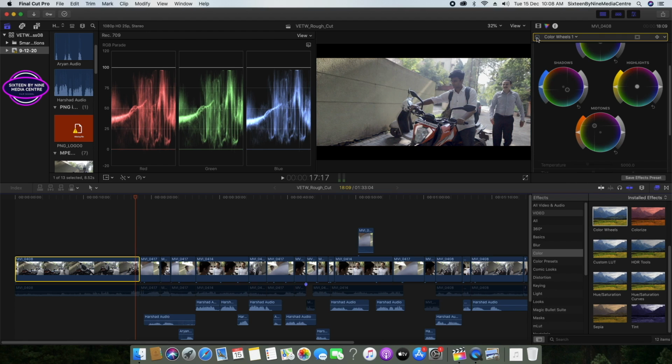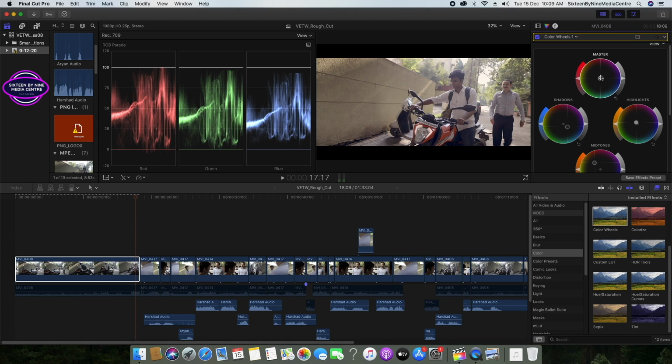And in your correction, I cannot go much beyond that because the colors are spilling out. So you can see I have added only a little bit of warmth to the midtones and the highlights, and I have added coldness. These are the cold colors, this region. Now if I add master, master will add to all three regions, so I'm not doing anything with the master. I'm just leaving it there.